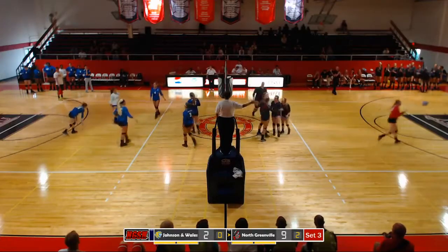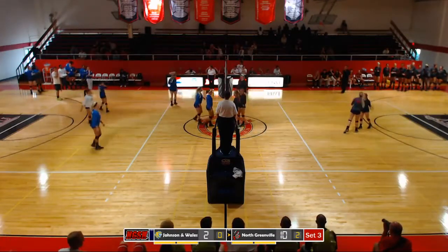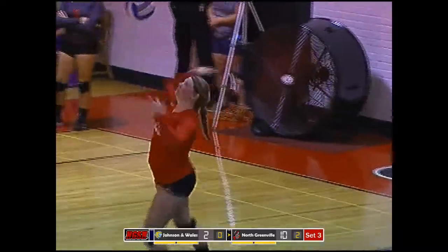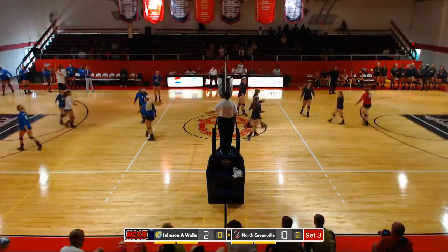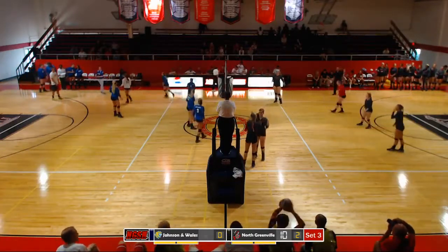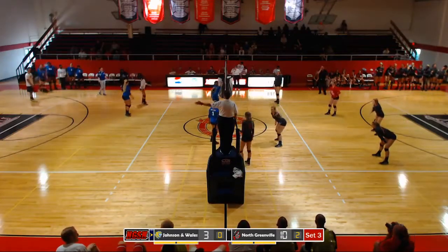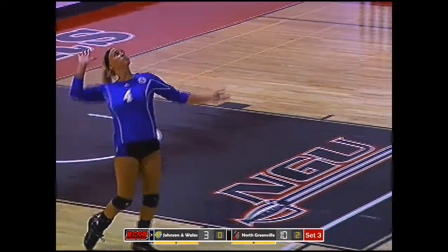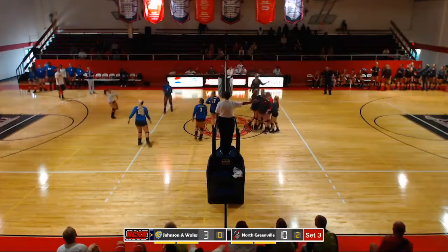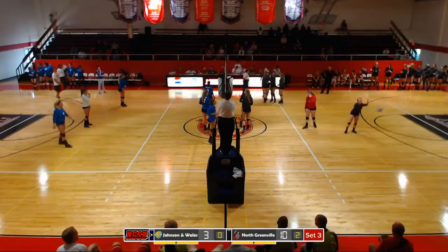And a kill there. Makes it 10-2. That was number 17, Hannah Helbert, with the kill. So the Crusaders looking to pull away for good, but this is going to be out. So far here in set 3, all 3 of the Wildcats' points have been off of bad serves. That was number 4, Kylie Markert. Most likely I'm not pronouncing that last name right, but